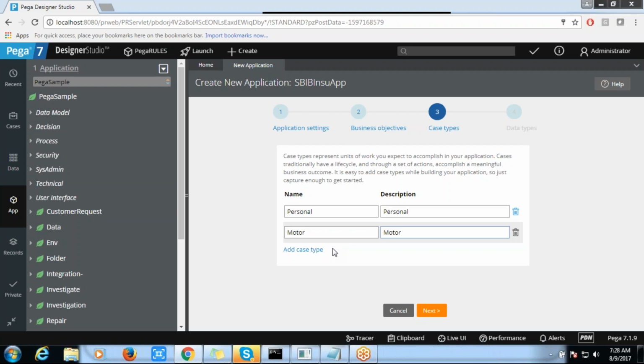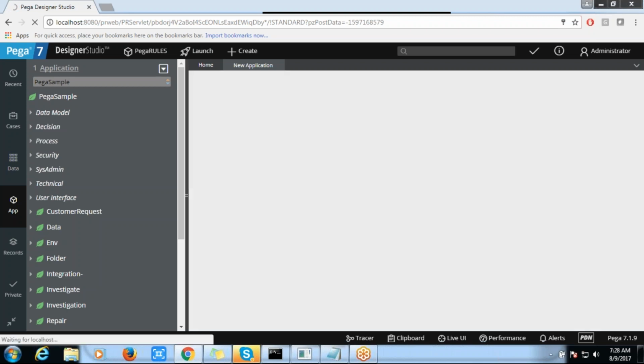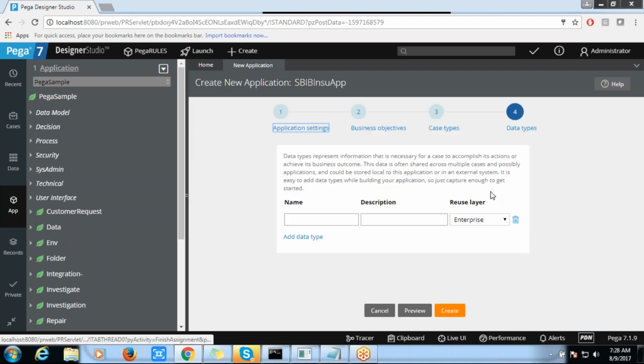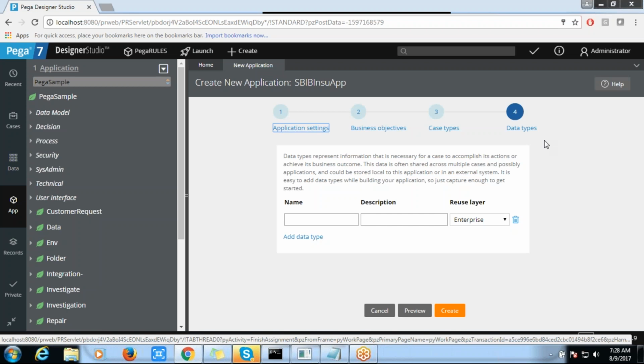Later, if you want to create any additional case types, once you log into the application, we can create case types there also. Okay, so whatever you want to get started with when creating this application, you can provide at this moment. If you want to create the case types later, you can also create them. And next, you are going to fill in the data types.